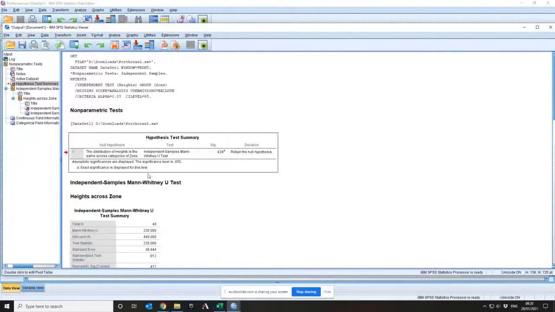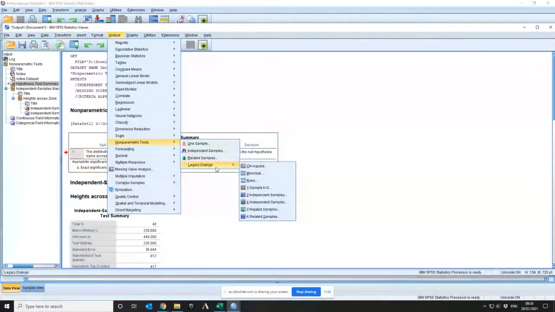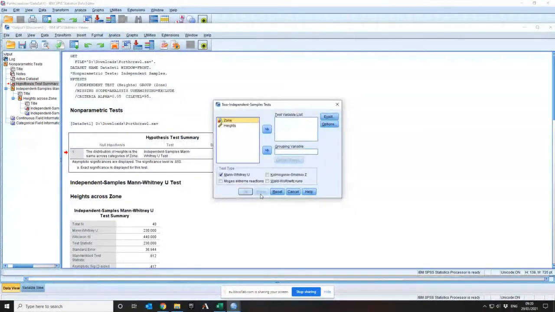Now, for some absolutely unknown reason, which I can't fathom in the slightest, people are doing this. They're going to non-parametric tests. They're going to legacy dialogs. Like, why? Legacy means old-fashioned, no longer needed, waste of time, don't use it. That's why it says legacy. It's left over from the way people used to do it before they learned not to do it that way. Legacy servers are the things that you don't want to ever use in your life. So don't use legacies. So you go to legacy and go to 2 independent samples, which you have to know